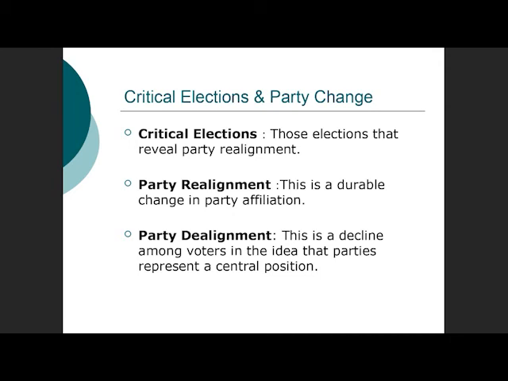If that had happened, and then 2 years down the road, right, the next House election, midterm election, we saw that same coalition of people vote that again, we go, hey, maybe this wasn't just a one-time deal. Maybe this was a durable change. It'll last. And 2 years further down the road, it's still there. Right? Then we would say, yep, we saw a party realignment in 2020. Right? And we've seen it now in a couple elections since then. So it's been durable. That's a party realignment. And that's an interesting thing to note and to be able to historically look back at.